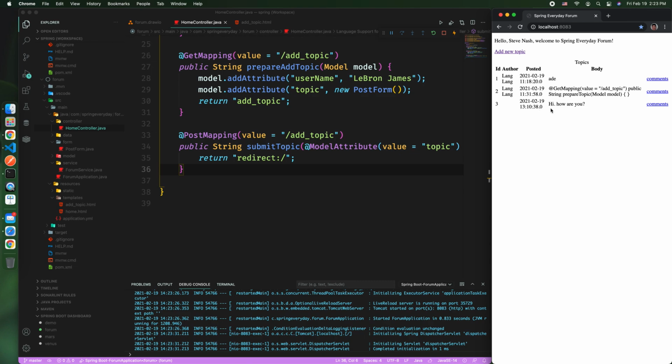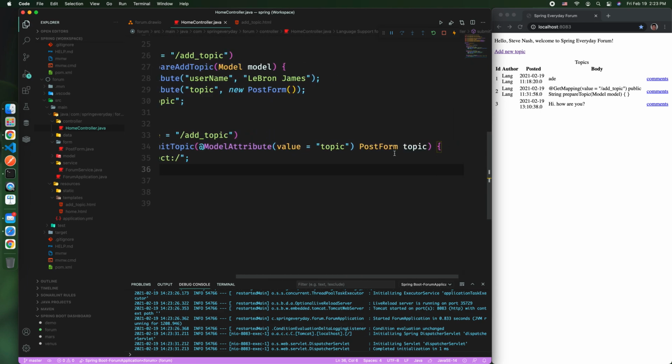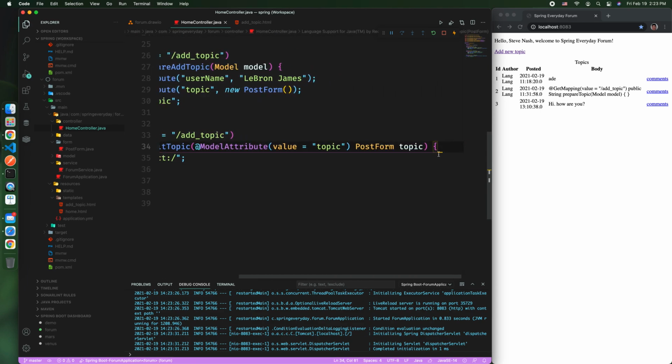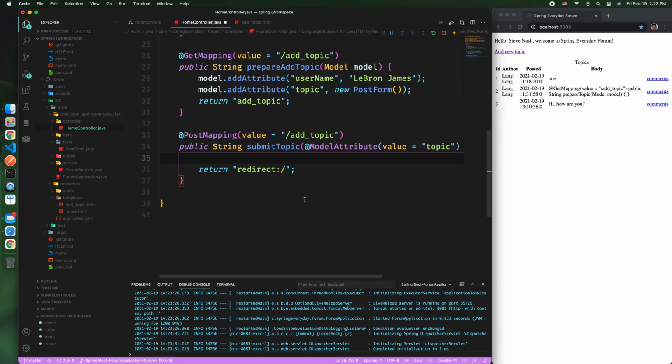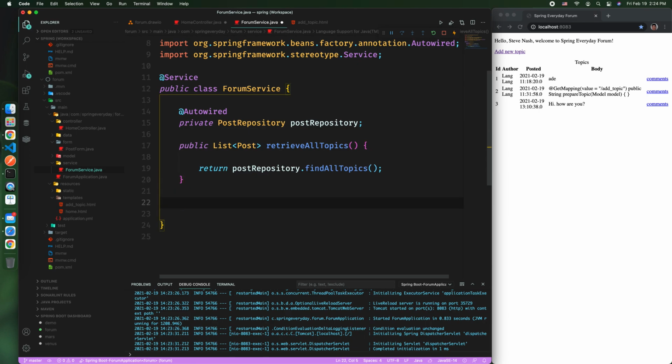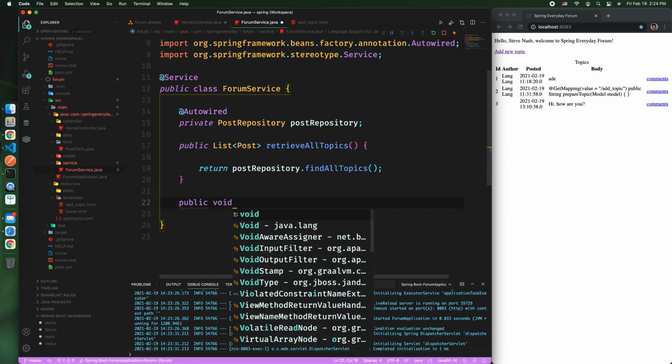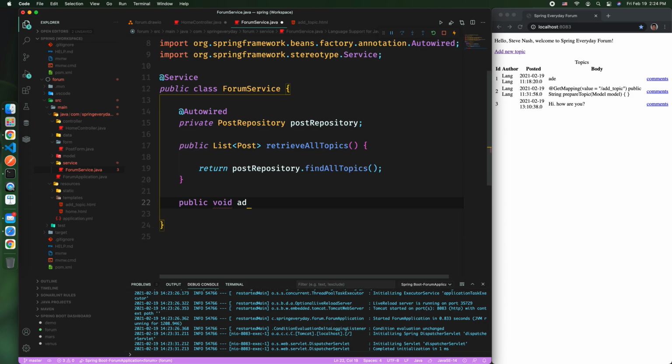However, it's not saved anything, right? So we want to be able to save that topic which we have sent back from the form. So now let's see how we save that thing. And first is the body. We need to get the body, and then we need to call the service to save it. Okay, now it's time to prepare the service. So public, and we want to add topic,